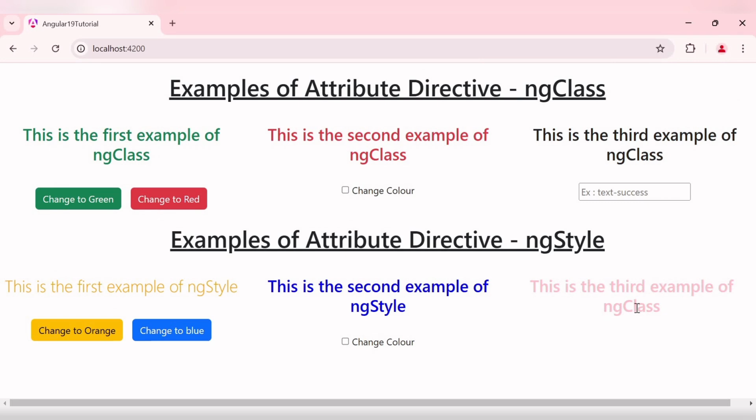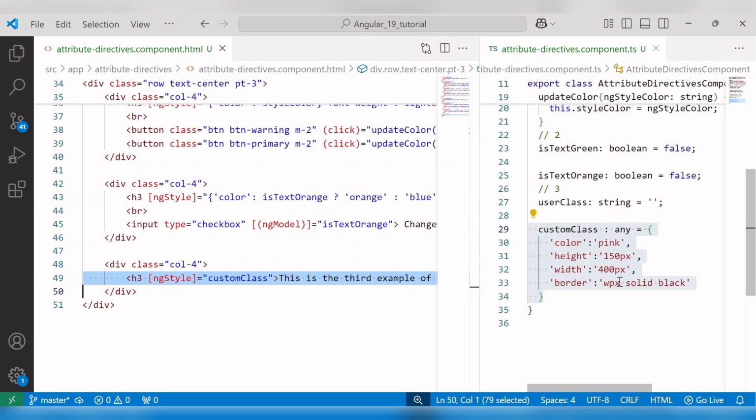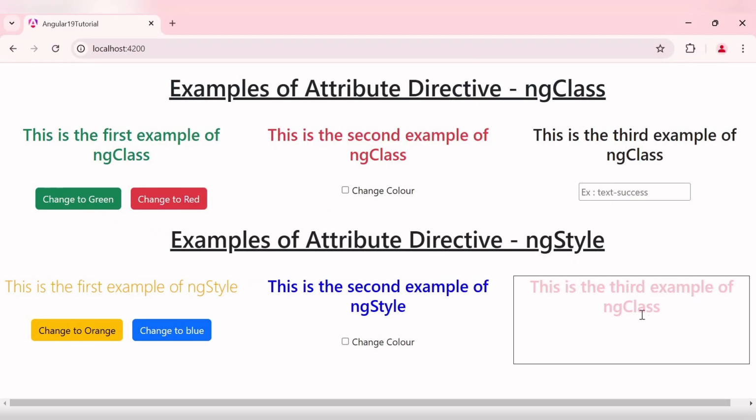Okay, so let's check the output in the browser. And here you can see the text is in pink, but we cannot see the border. So let me see here, instead of W, I need to write 1 pixel. Now you can see all the CSS styles, including color, height, width, and border, have been successfully applied to this h3 element. Okay, so it means we can add the CSS dynamically as per the